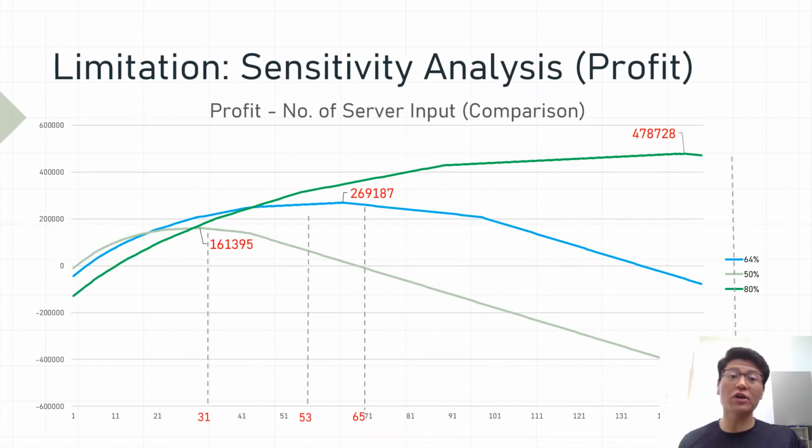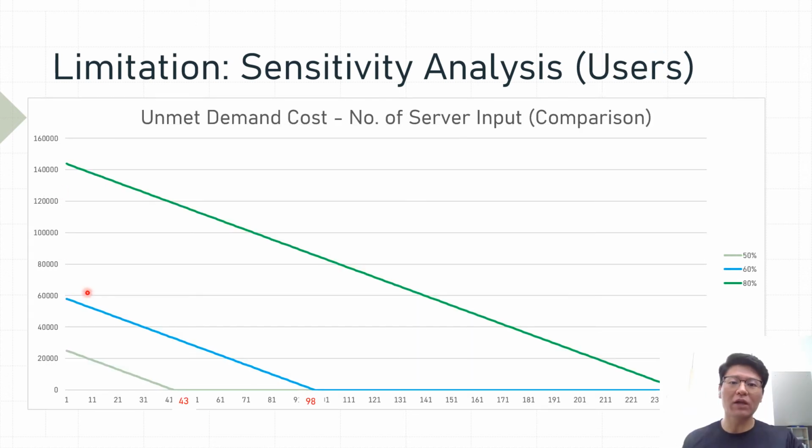In the full interest of transparency, we do need to advise you that there are some inherent limitations to the analytics model. When we perform a sensitivity analysis, it is immediately evident that the model of profits to number of servers is sensitive to changes in new user demand. As you can see from the graph, when there's a significant change in demand, there's also significant fluctuation to profit. Likewise, when we plot unmet demand cost to number of servers, it is also sensitive to changes in new